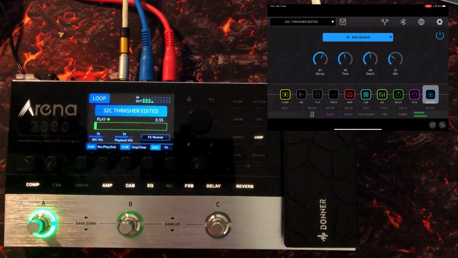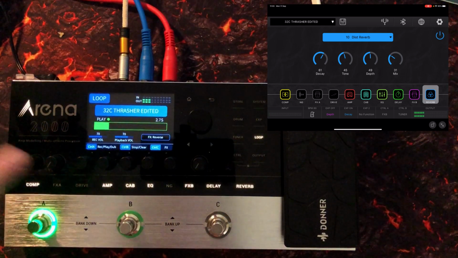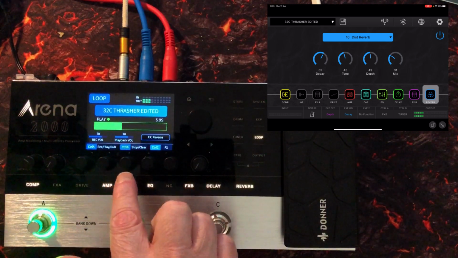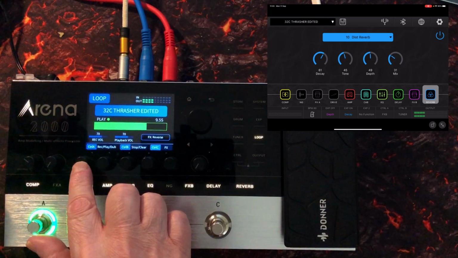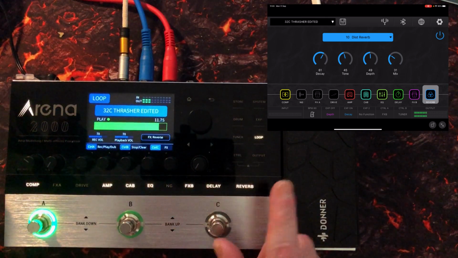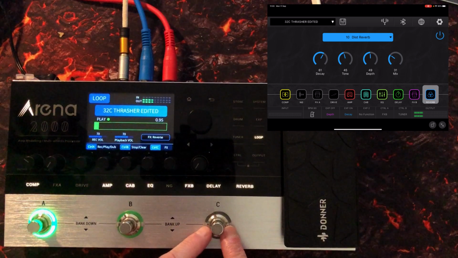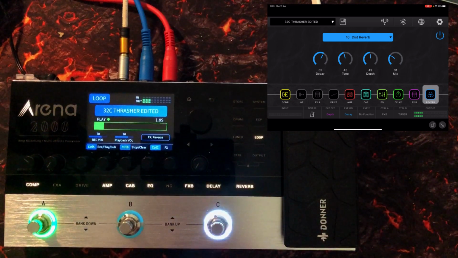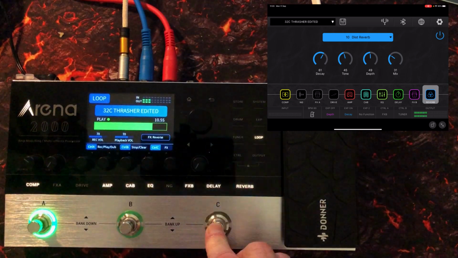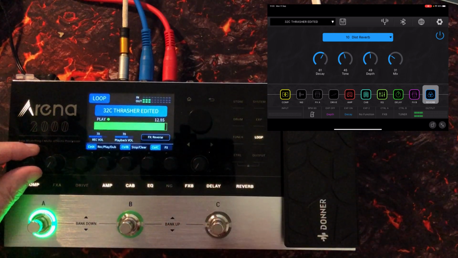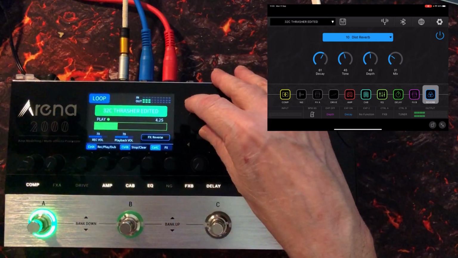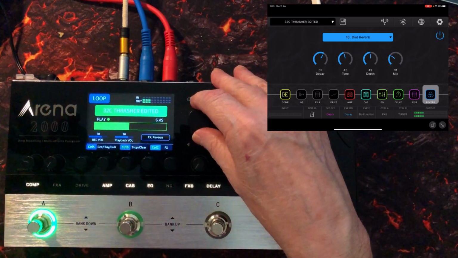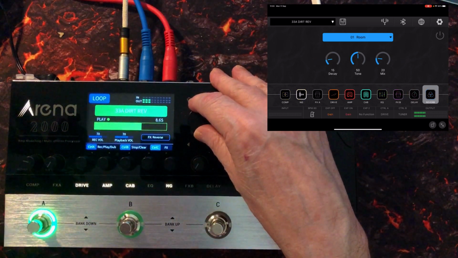So we've got our playback volume here and our record volume there. It's going to loop back around now. So now if I press Control C, that's reverse. Let's press it again. Let's press this now, and this will go green. That means we can go and control. We can go, sorry, not control. We can choose a different preset